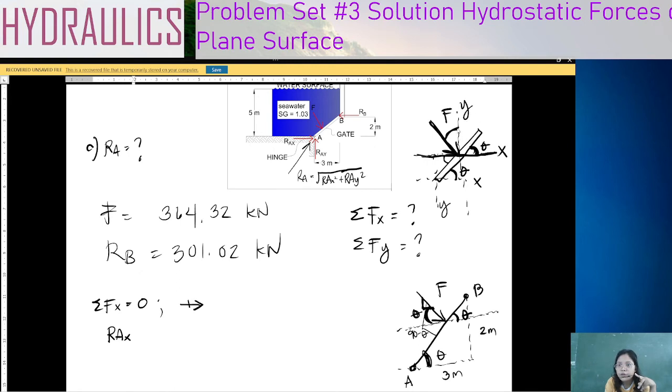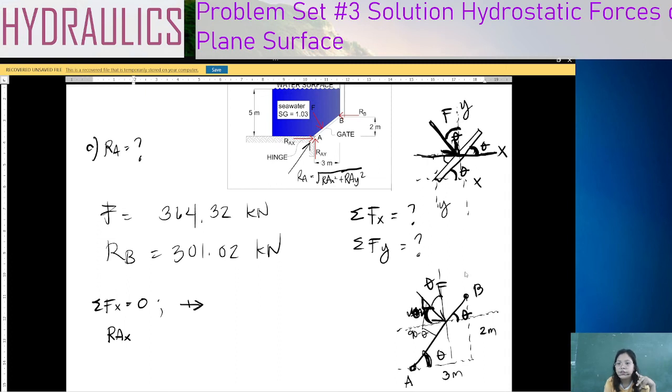So, dito ko pwedeng ilagay yung direction ng theta. Nagets? Property to ng angle or trigo. So, kapag magkukuha tayo ng X component ni F, magkakaroon tayo